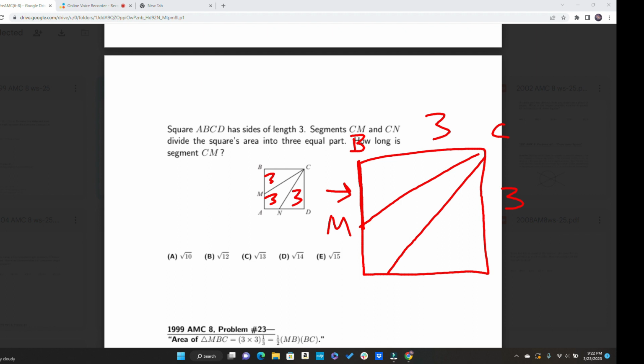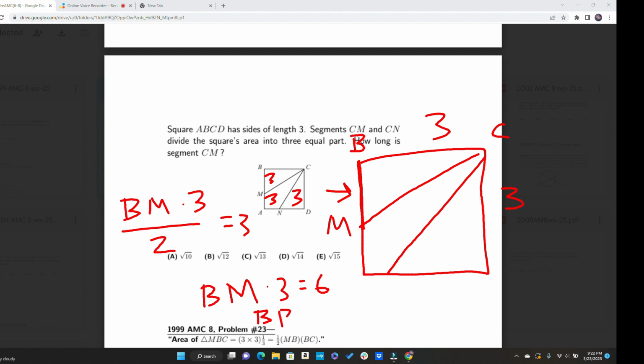And it's also a triangle. So base times height: BM times 3 divided by 2 equals 3, right? Base times height over 2 equals the area. Solving for BM, we get BM times 3 equals 6. BM equals